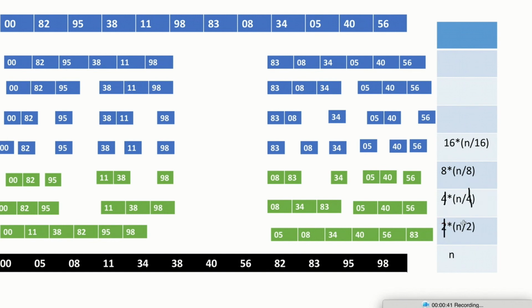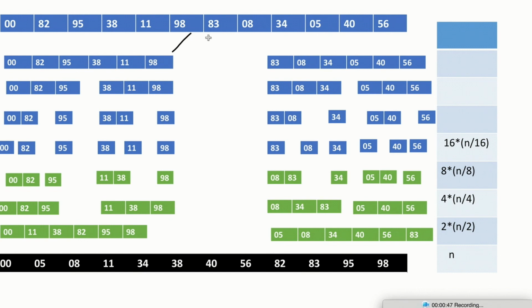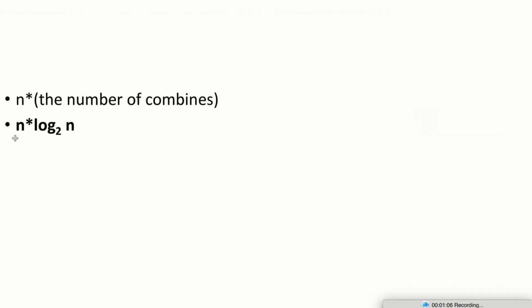Still n here. In the previous step it took n steps, and now we go one step ahead. Similarly 8, 8, 16, 16, and as long as we can go, we will see that it only depends on the n value. So the runtime will be n into the number of combines. So what will be the number of combines? As we are dividing it into 2 in every step, so we'll have log base 2 of n number of steps. Our final runtime will be n log 2n, and